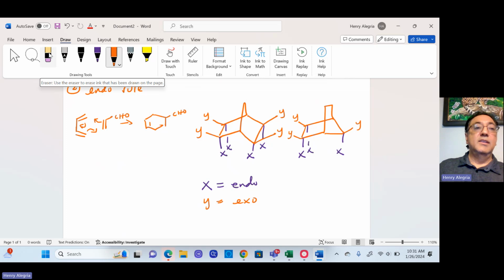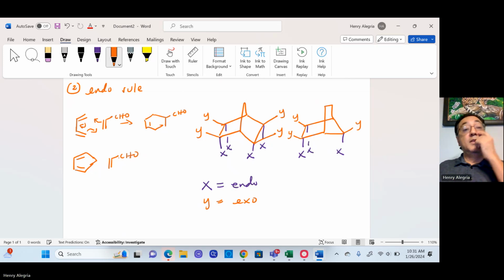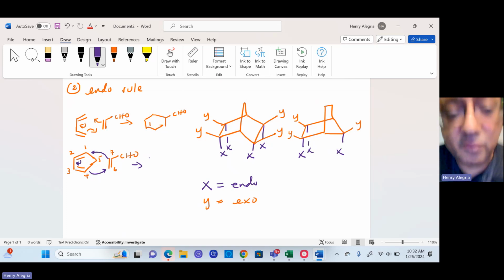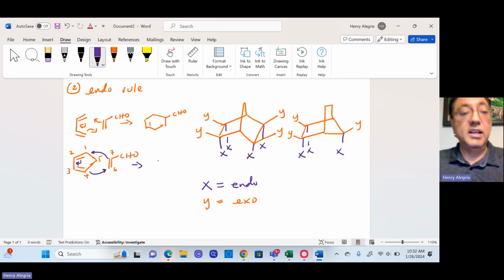When my starting diene, so let's say that I start off like that, and it's reacting with that. If I keep tabs, 1, 2, 3, 4, 5, 6, and 7. 4 will reach over to 6, 7 will reach over to 1, and then this is going to move over. So what I'm going to get here, and I'll keep the perspective this way, which is why this isn't really a good way to do it,